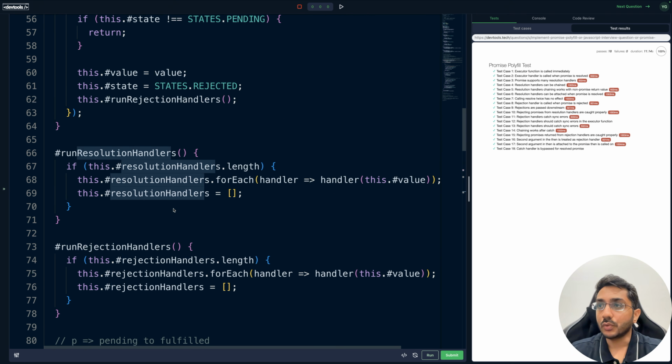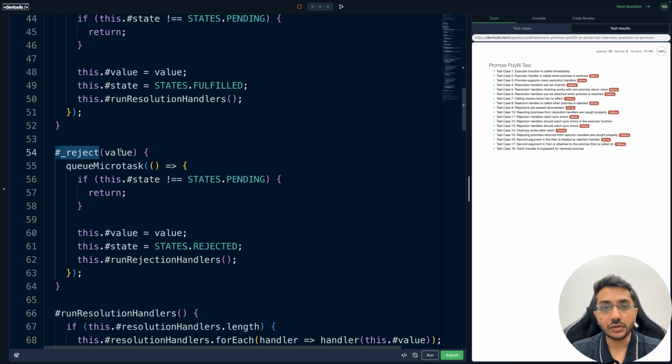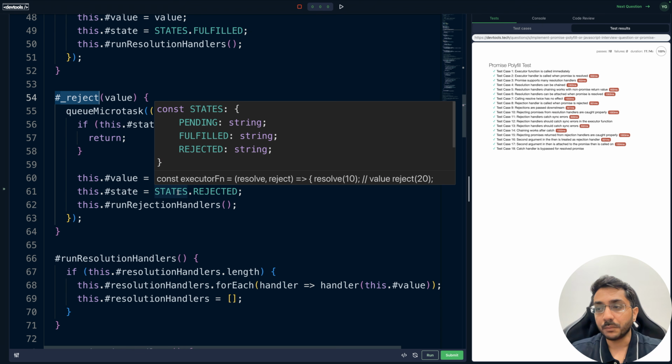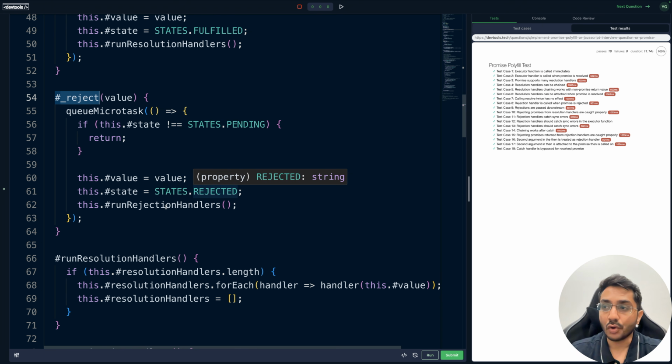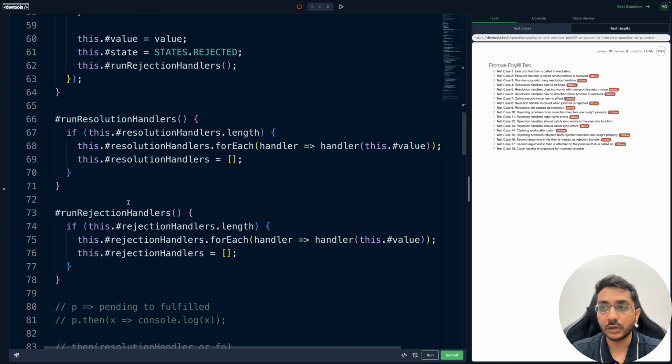Now going back to our reject case. Reject is also called with a value or a reason, whatever you want. The same thing is happening. If it's not pending, then we'll just return. Else we'll store the value, change the state from pending to rejected, and we'll call all the rejection handlers. Basically that is just a loop, where these methods are looping over resolution handlers, invoking them and then